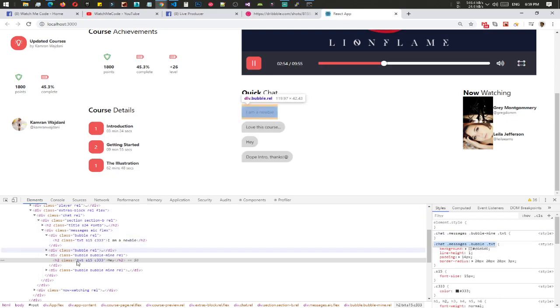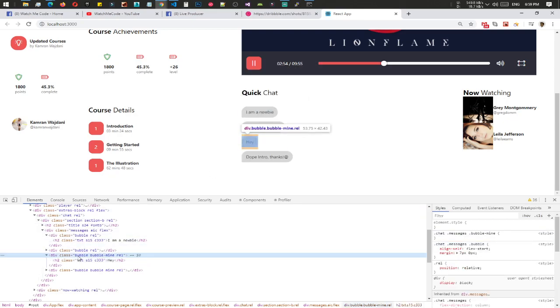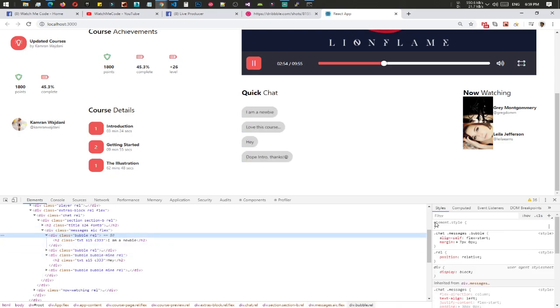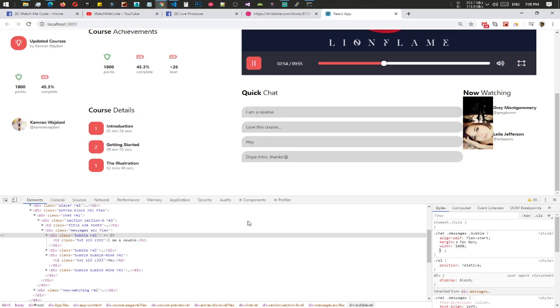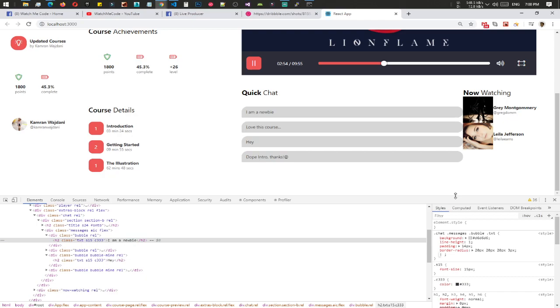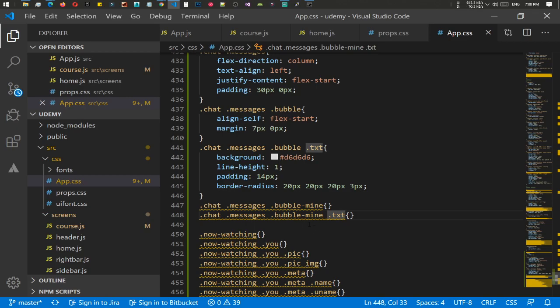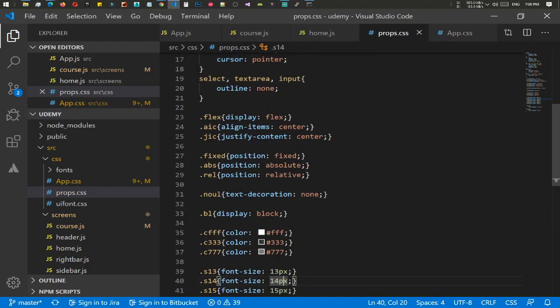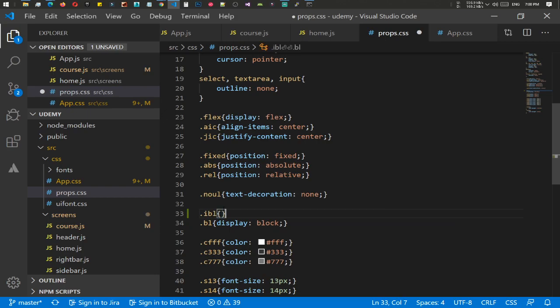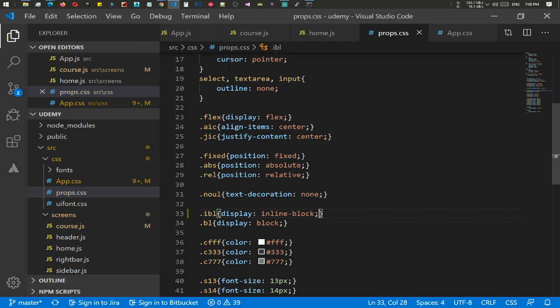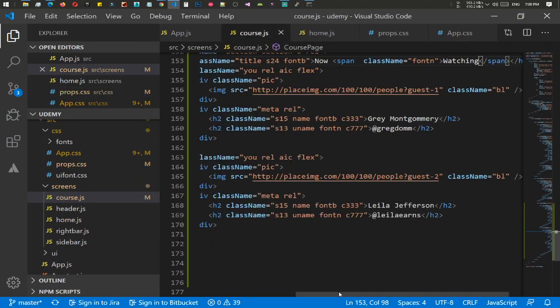And we need to change align self to flex right, or what should we use? Let's use messages bubble, and for bubble let's use width 100%, and for text let's use display inline block. That is good. And for inline block we have to create IBL for display inline block,